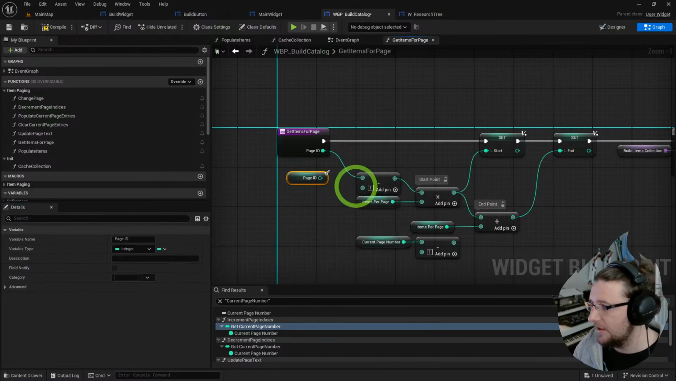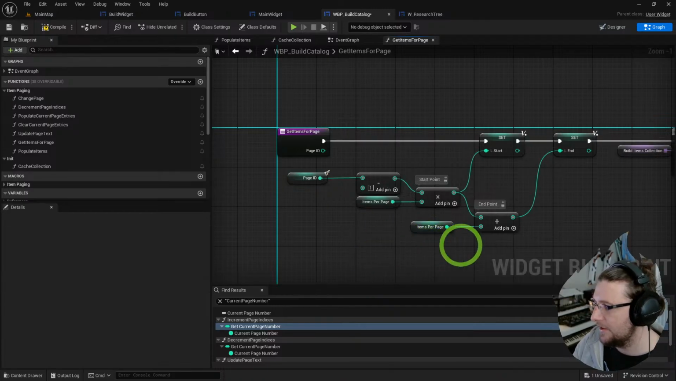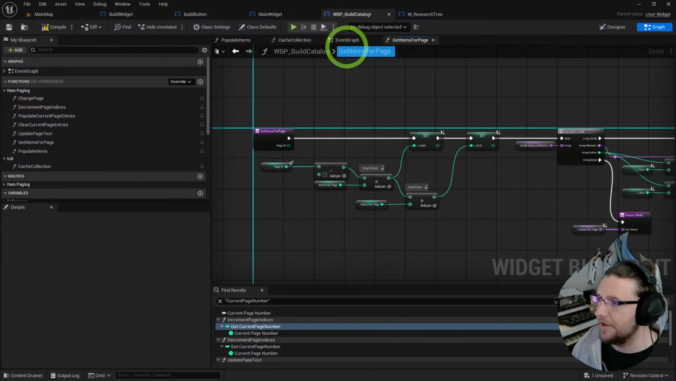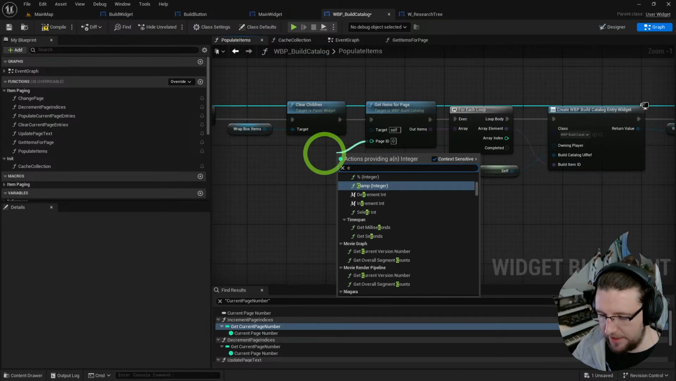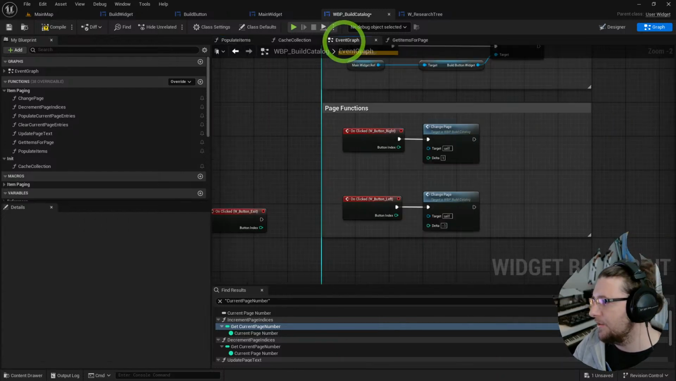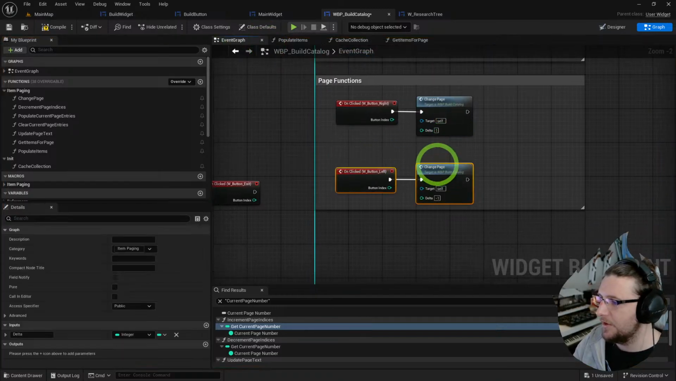So page ID, put that in there. Actually, don't need it there either. And that's it. It's done. Nice little simple function. We populate the items here. We're going to get the current page ID, current page. There we go. And then now we're editing their original function